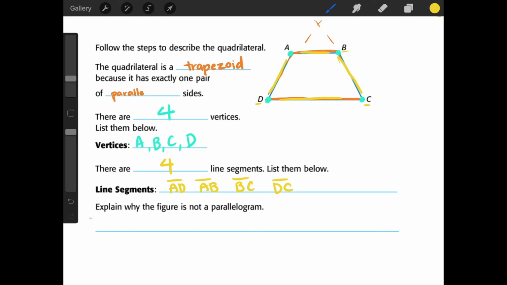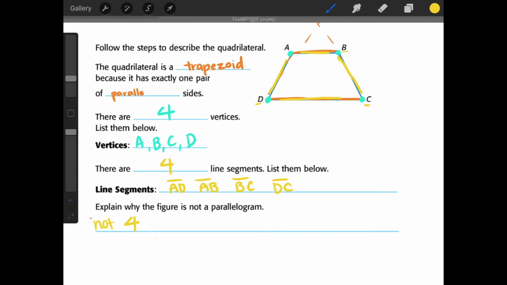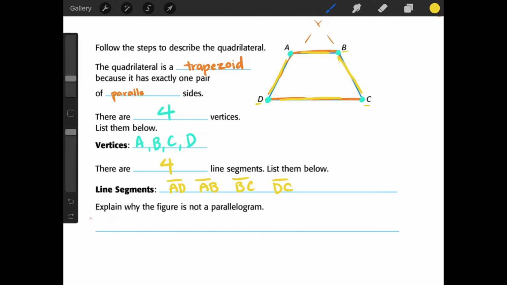Explain why the figure is not a parallelogram. Well, it does not have four, there's not two pairs of parallel